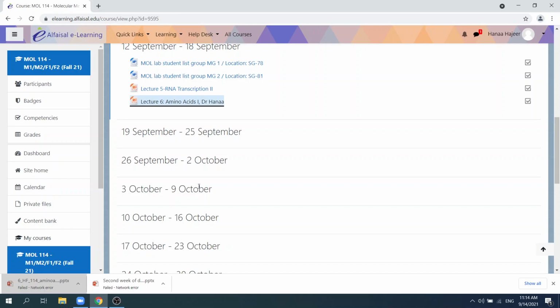Okay, so the amino acids that make up our proteins are how many? How many amino acids make up our protein? 20. We call them the 20 standard amino acids. Do we have other amino acids which are not part of proteins? Or do all amino acids just exist in our proteins? No, we have other amino acids which don't make up the protein, but the ones that make up our protein,